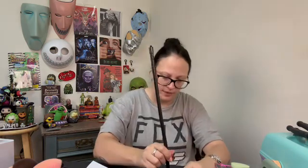bigger. Let's see, what am I looking at? I feel like I am missing a piece. Maybe I was looking at the wrong, oh, I see. I was looking at the wrong end. Okay. I figured it out. This part goes down. I was thinking that was the top and it's not. So anyways, back to